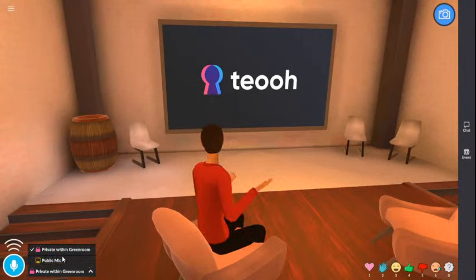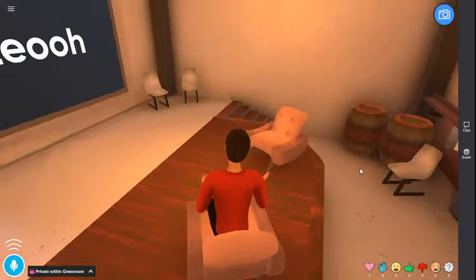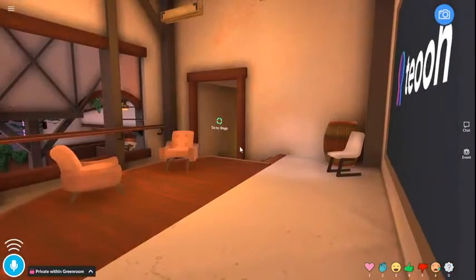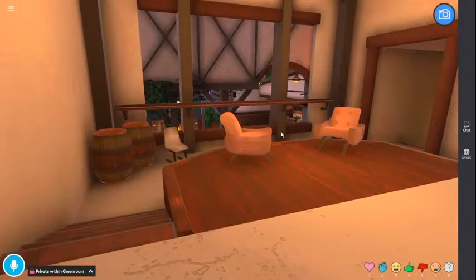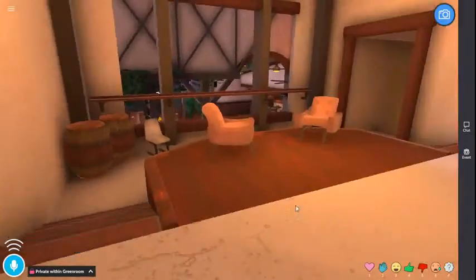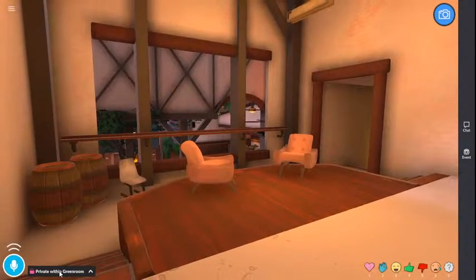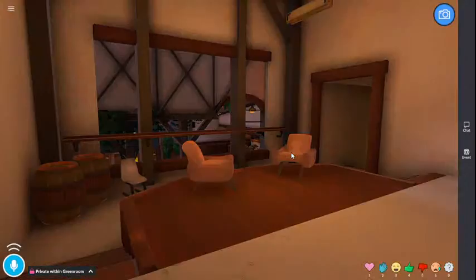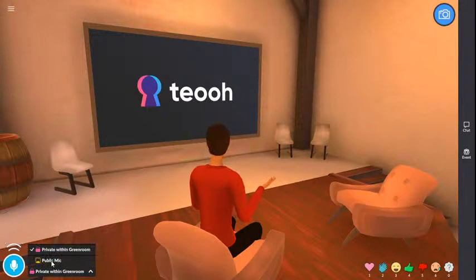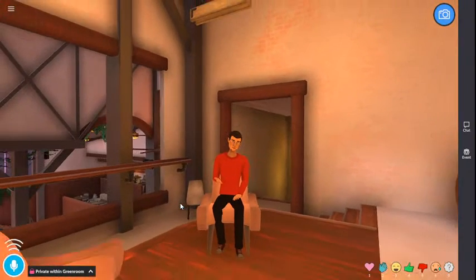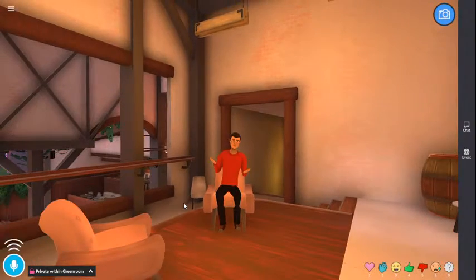In the green room you can check who speaks with you. So let's say I had an event organizer. You see how you can move your arrow? Let's say I was here and there were some people sitting here. If I only wanted those people to hear me, I would set it to private within green room. If I wanted everybody to hear me, I would go to public mic. This is a pretty neat little function, because you can take your character and determine who's listening to you, which is pretty great.